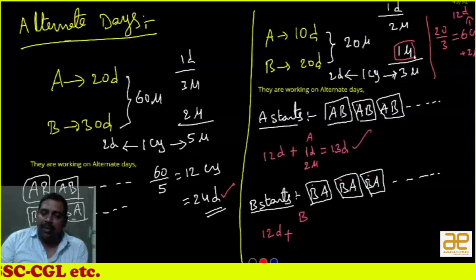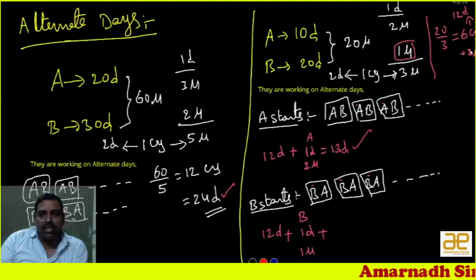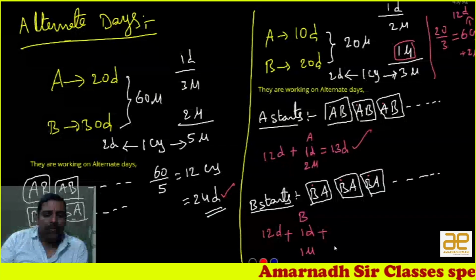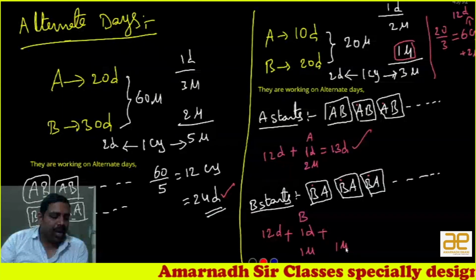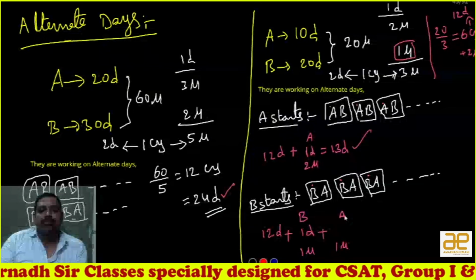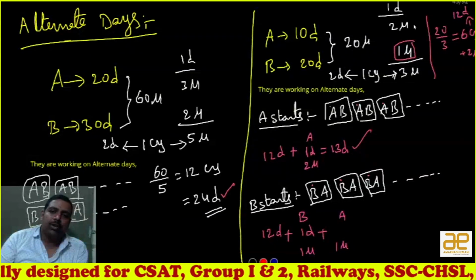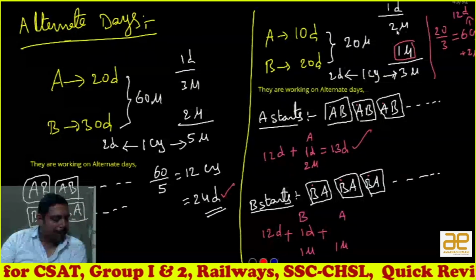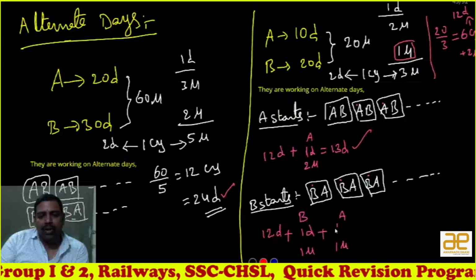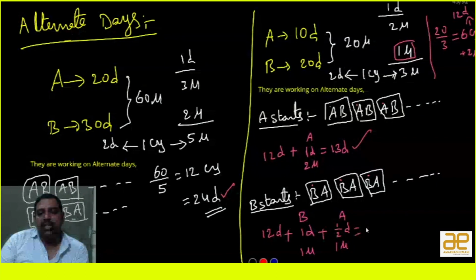Okay, daily he will complete only 1 unit, right? That means B has completed 1 unit and he has taken 1 day. Now the point is 2 units were left out, only 1 unit is completed here, and the remaining 1 unit is pending. B will not work continuously, so the next day is A. A in 1 day completes 2 units, but only 1 unit is left out. That means to complete 1 unit, he doesn't need a full day. He just needs half a day. Okay. So altogether how much is it? 12 plus 1, 13. 13 plus half is 13 and a half. So the answer is 13 and a half days.